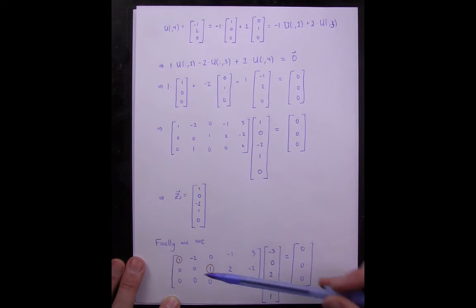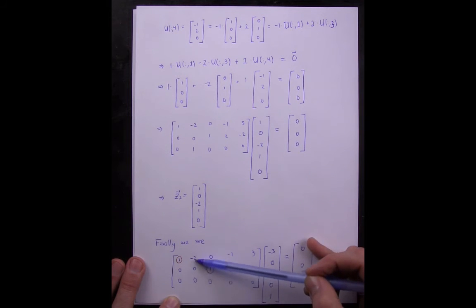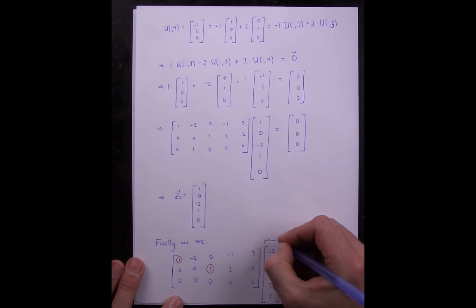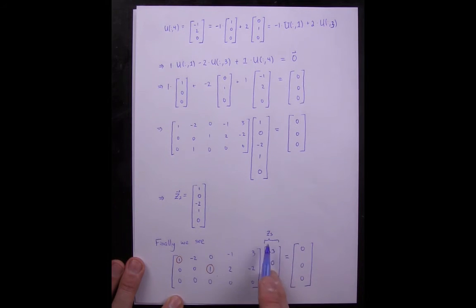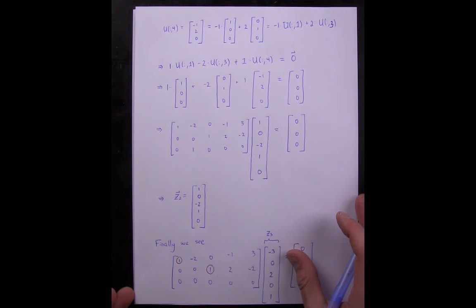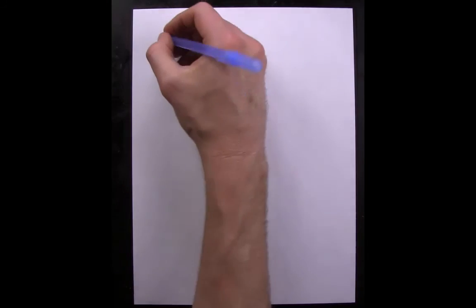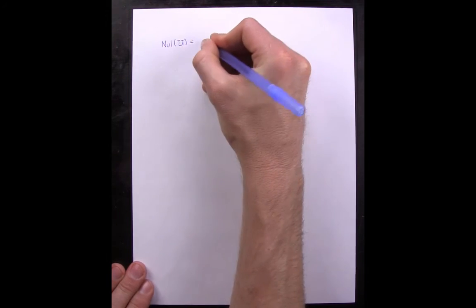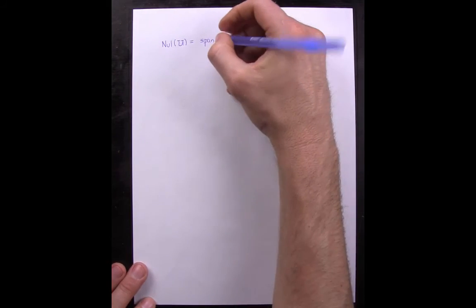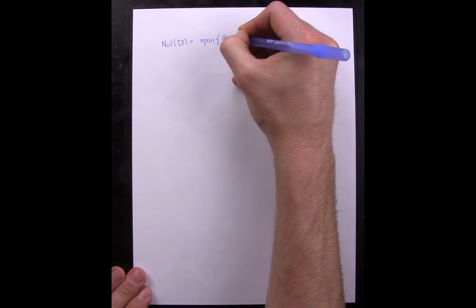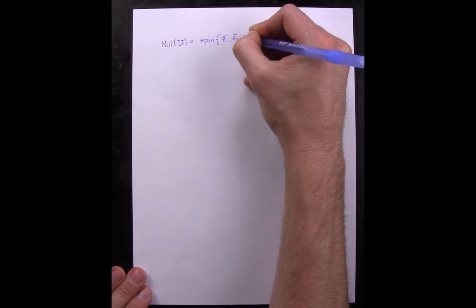Here, these zeros come from the fact that we are not using non-pivot 1 and non-pivot 2 in order to produce 0. This is now what we call our vector Z3, and now we have all three linearly independent vectors for the null space. So with this, we say that the null space of our matrix U is equal to the span, the set of all possible linear combinations of Z1, Z2, Z3,